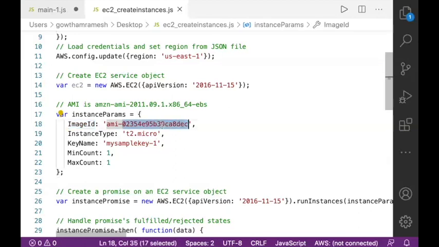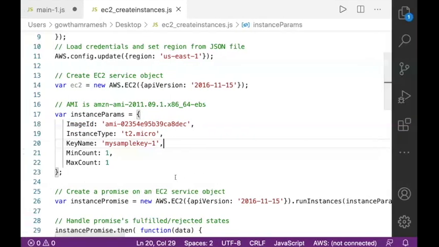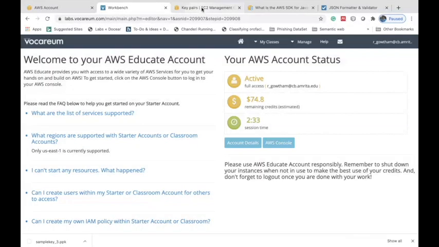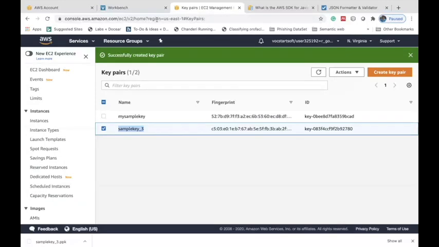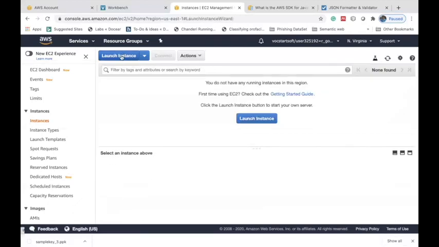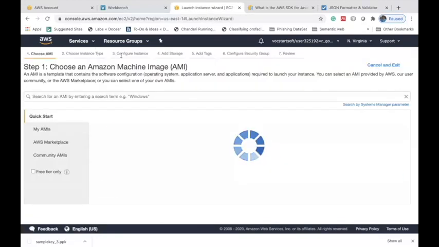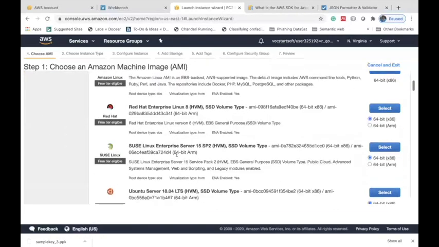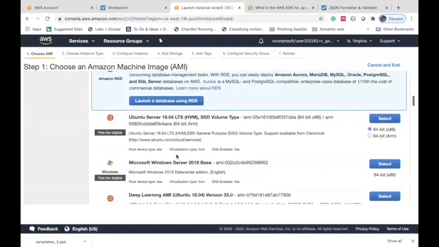To understand how this image ID works, go back to your Educate account, go to console and check instance and launch instance. If you look at this, this is the pane. We select a required instance.